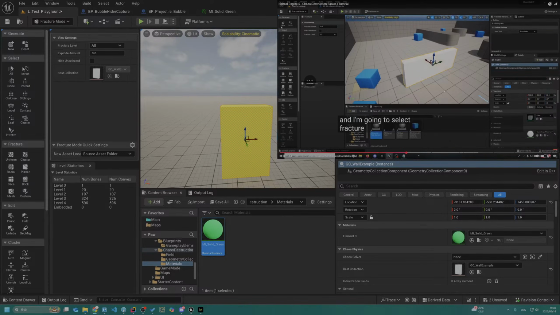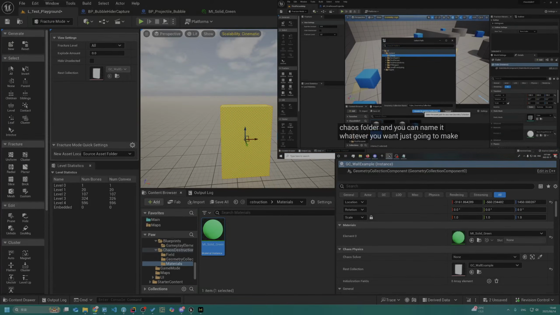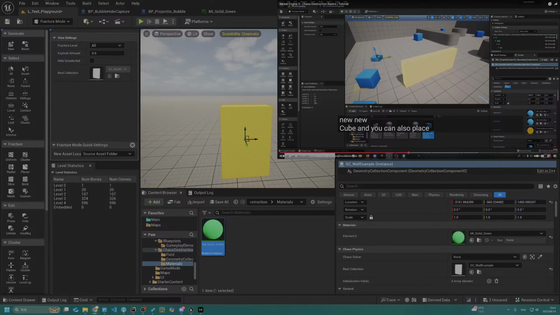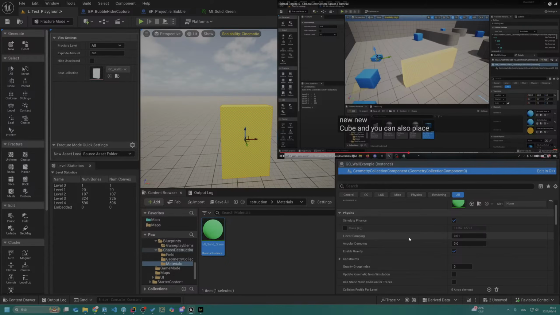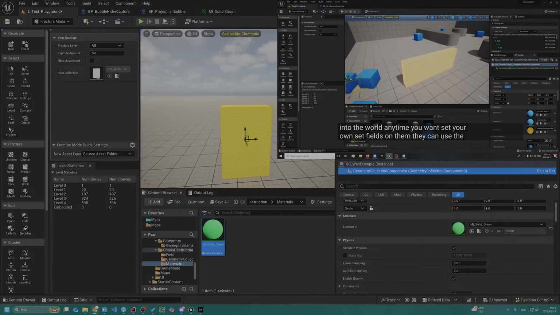You can also place these out into the world anytime you want. Set your own set fields on them. You can use the same field, like this, for example. Ah, I see, he's highlighting the geometry. Is that true? No, it's not. I can grab that, and